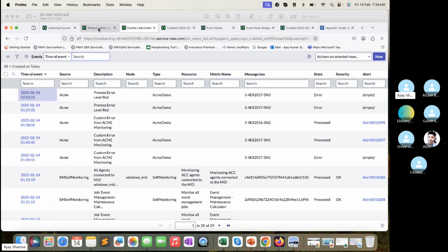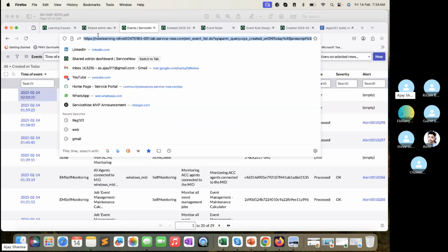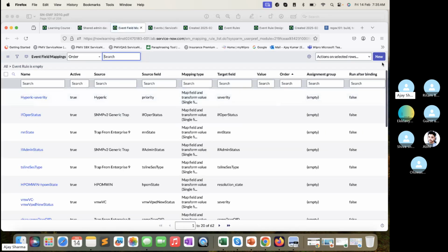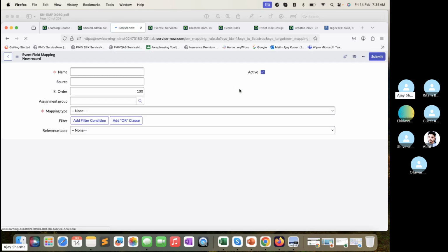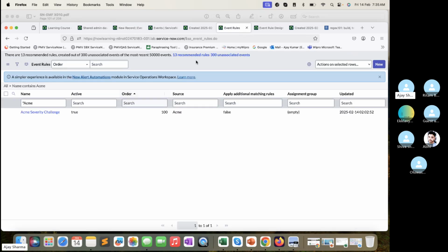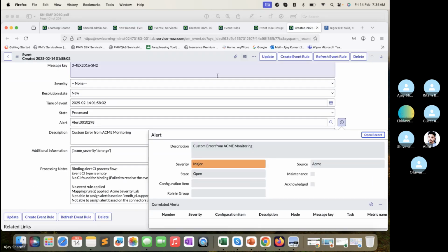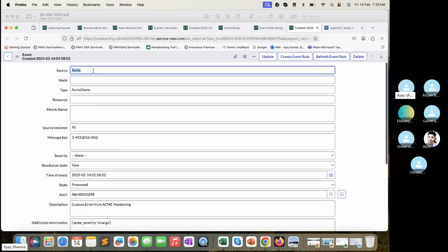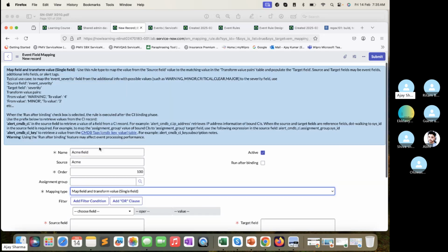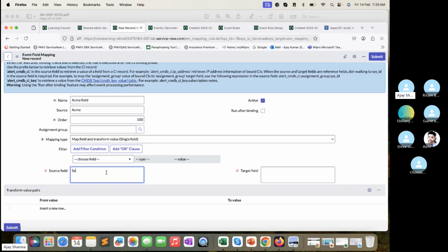But before that, let me do one more thing. I'm going to the event field mapping because that thing has changed now, and this is a challenge only, right? So if I go back here, the name I'm putting is Acme fields. Source is Acme, where the value is coming to us as a single field. The value is coming in